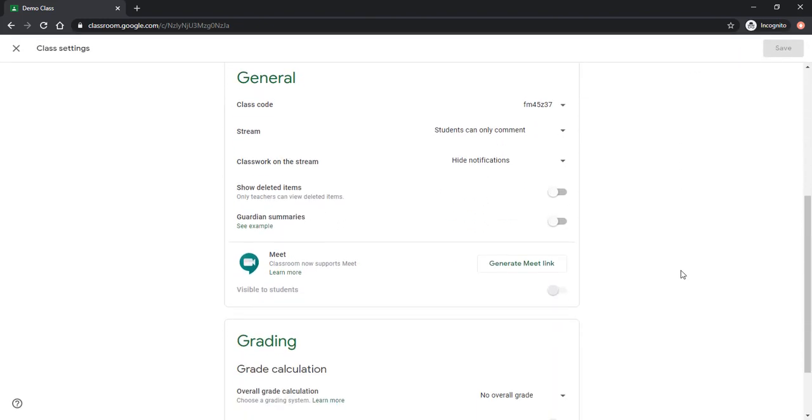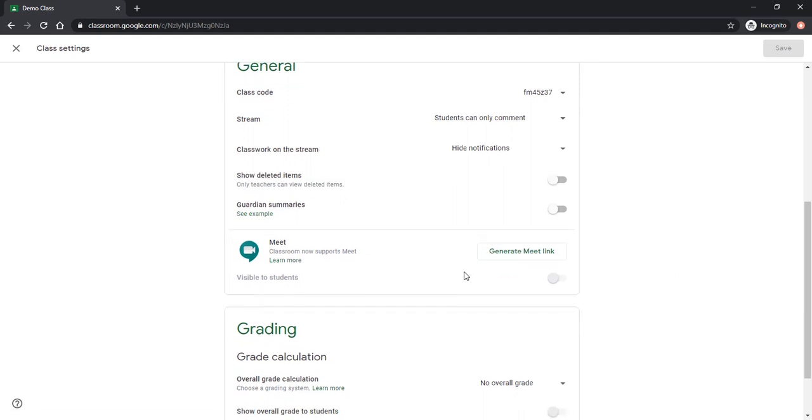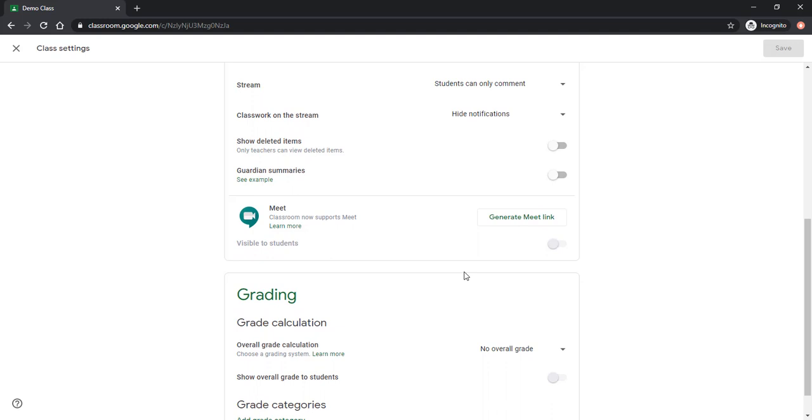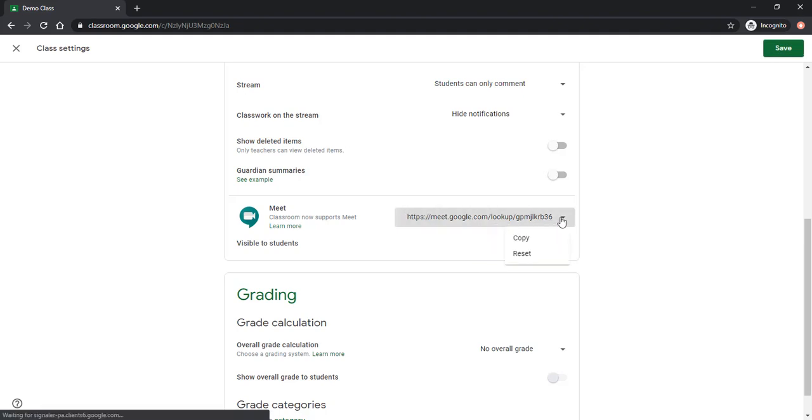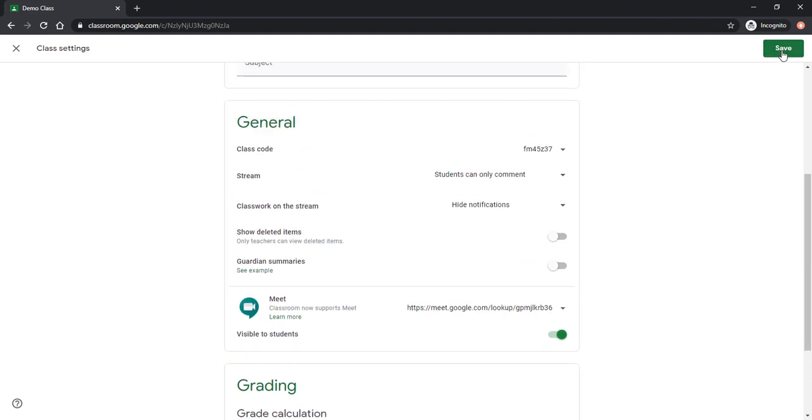Now, a newer setting will let us add Meet to our classroom header and the header of our classwork page. So if I generate a Meet link, it's going to go ahead and create a Meet link for our classroom, which I could reset in the future if need be. I could also copy it if I'd like. And it will make it so that it's visible to students. Now if I go ahead and save that,